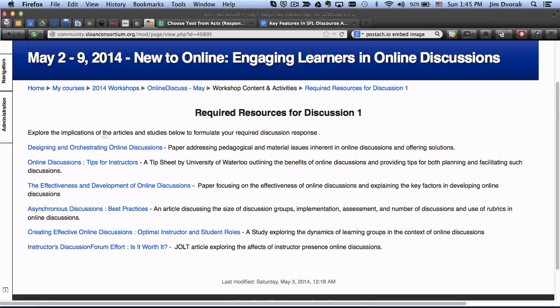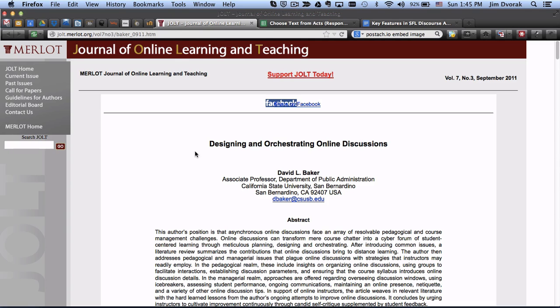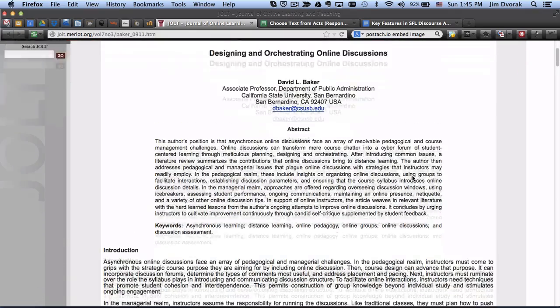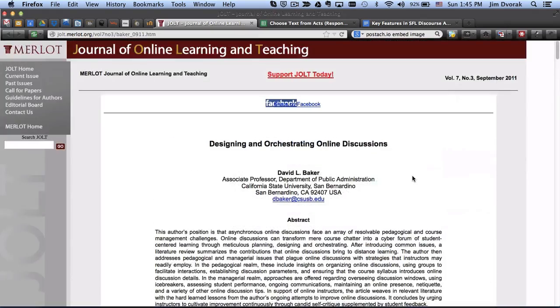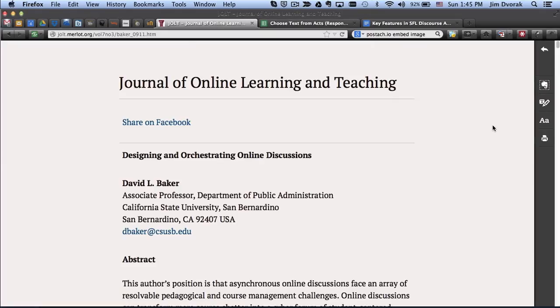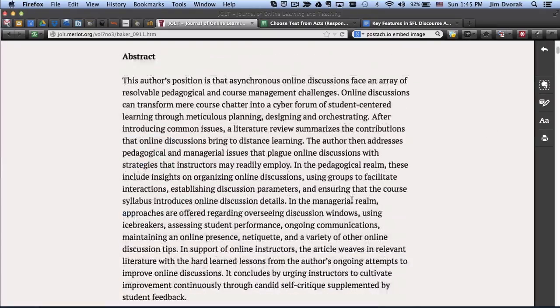All right, so here we have some required resources for the first discussion. And the first one that we click to is actually an HTML page, right? And it's an article, it's well formatted. And what I want to do here is kind of get rid of all of the surrounding chrome around this, all of the surrounding stuff that's around this. So I'm going to come up here to my Clearly Firefox add-in. I'm going to click the button and it wipes across the screen, and it basically leaves me with just the